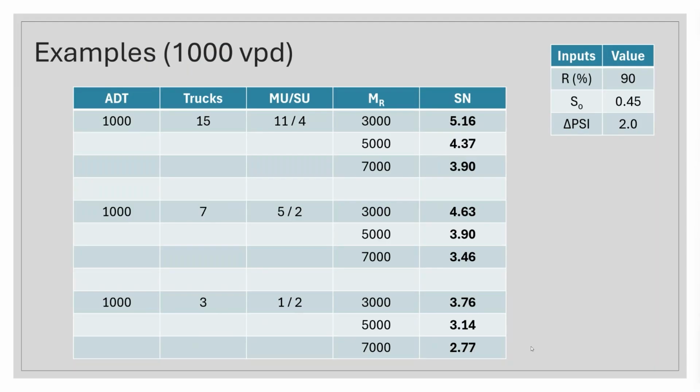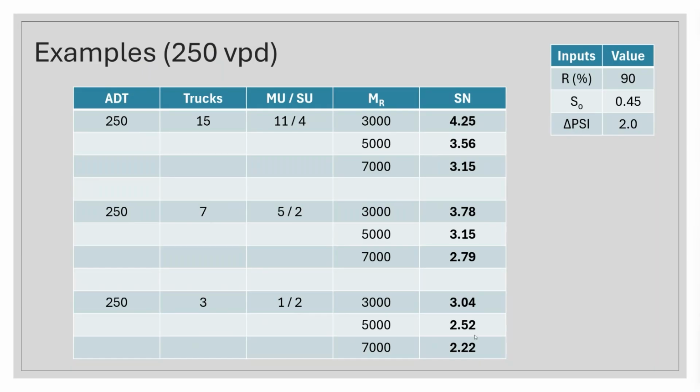Then I did one more set of calculations for 250 vehicles per day. So very low, but this might be an area with not much traffic, but a good percentage of it is trucks. And at the bottom of the graph, we're down to where not much of it at all is trucks. And those numbers are ranging between 4.25 on down to 2.22. Okay, so same set of factors, but only 250 vehicles per day. So you can see what that does.